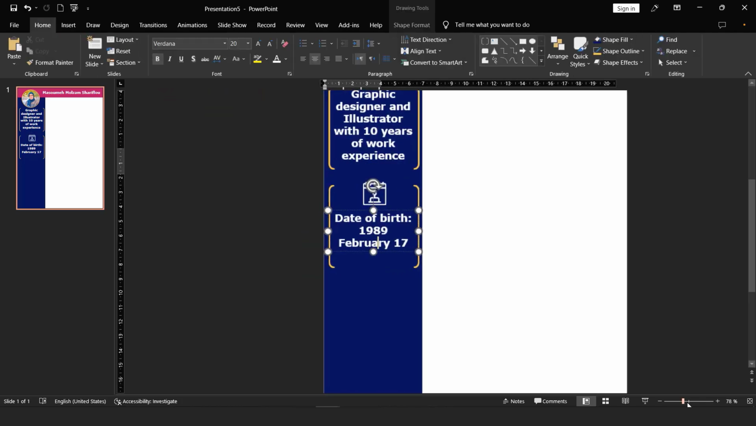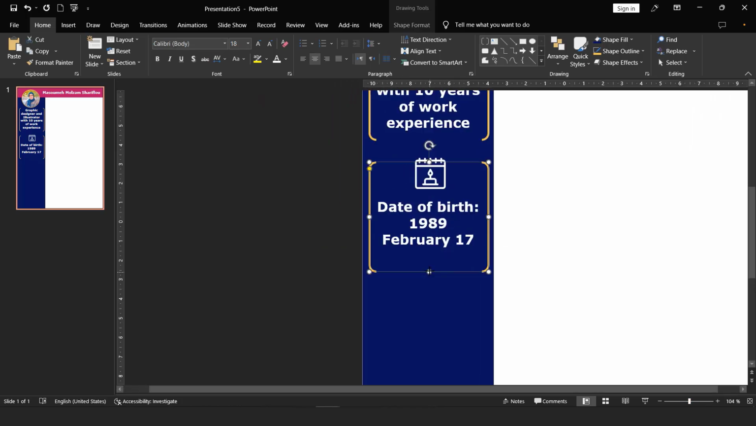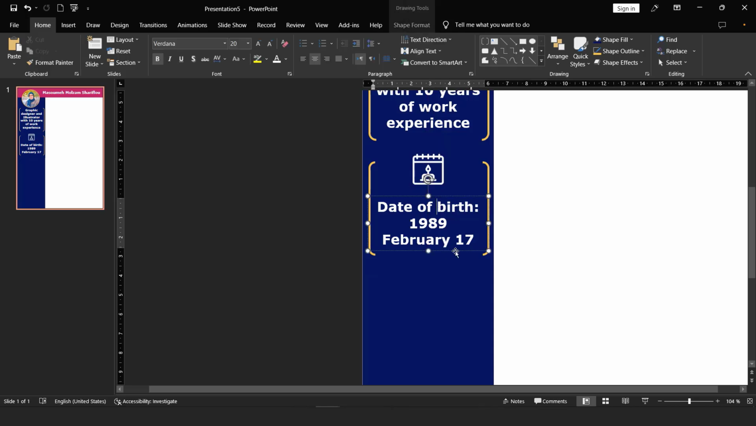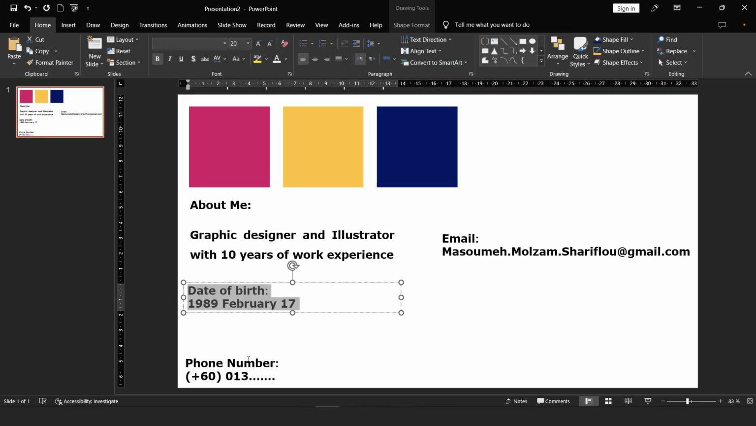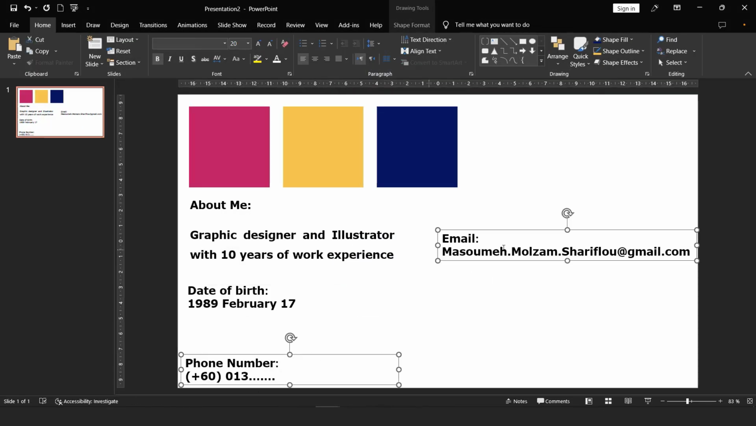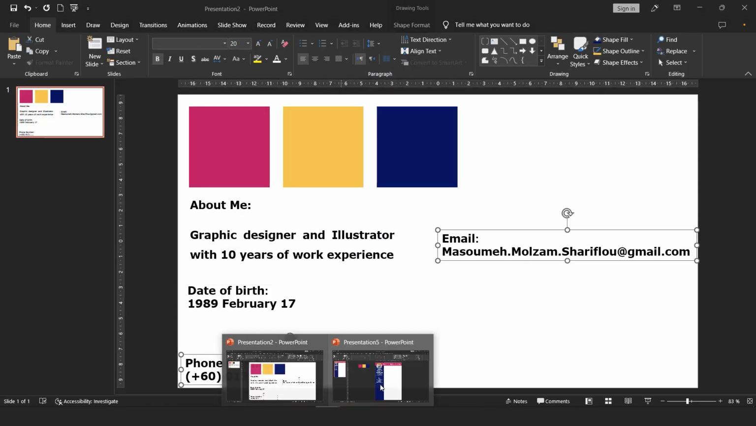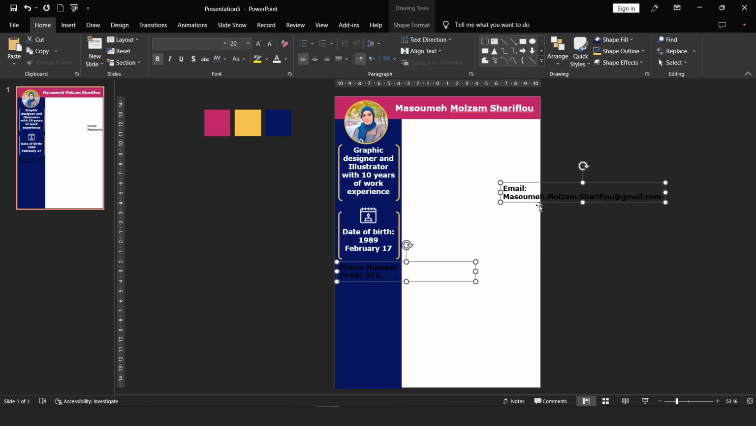I zoom in a little again in this section and make the settings related to the shape and text of this section. So now the next text that we want to put here can be our contact number or email. I select both texts and insert them into the slide. Now, for example, I want to put my phone number here, so I will take a copy of this shape